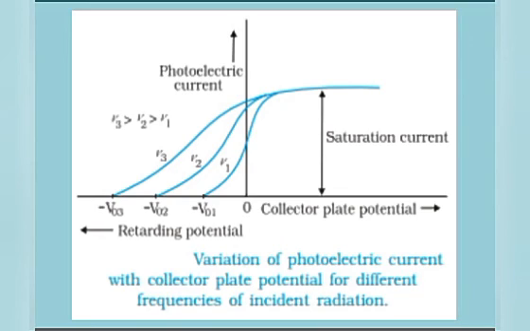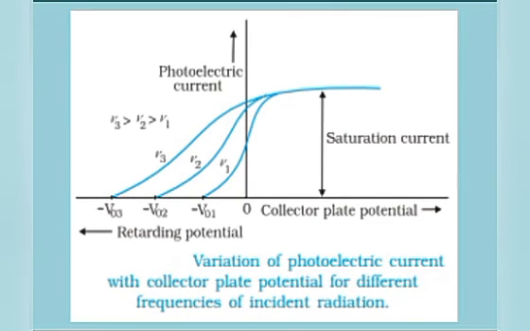But here that thing has not happened. What happened here? Here the saturation current is the same for all 3 frequencies nu1, nu2 and nu3. But the value of stopping potential changes with frequency. So you may notice here